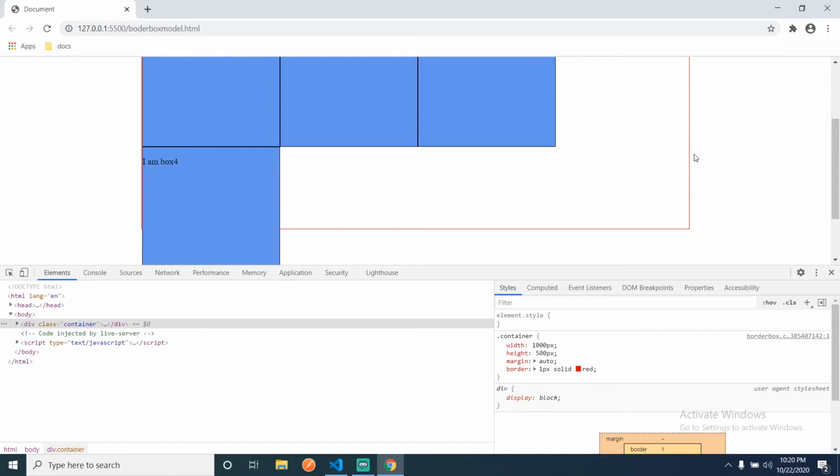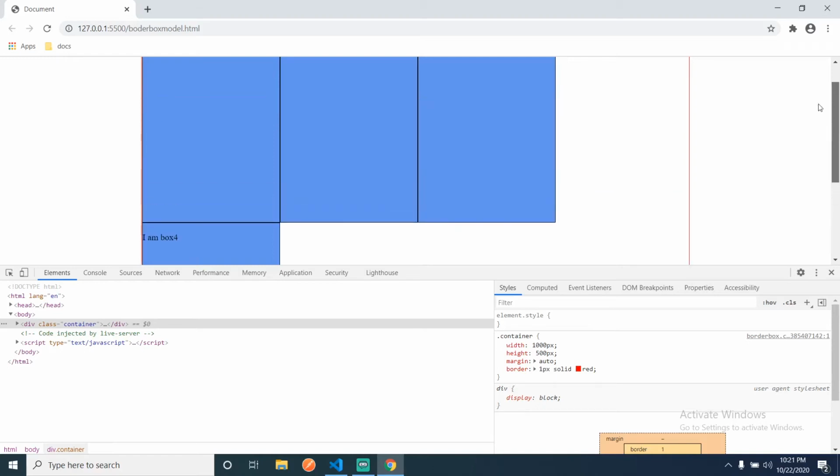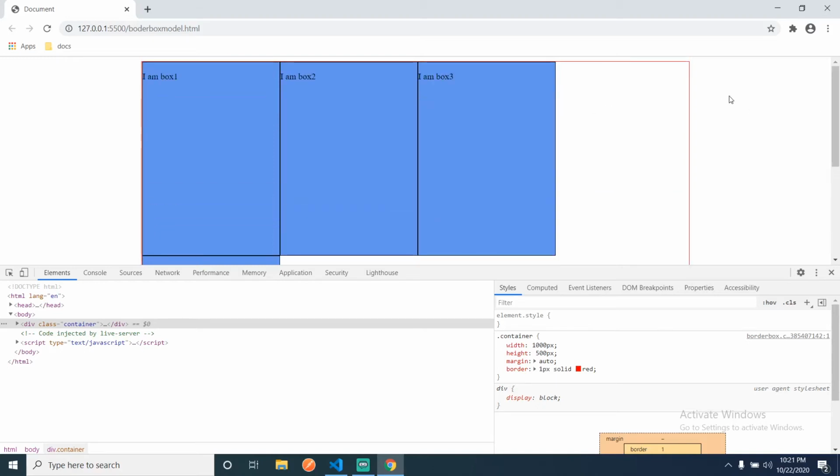Now we have added a 1 pixel border to each box's left and right, so it will be 8 pixels extra. Since here we have only 1000 pixels, but if we calculate this, it becomes 1008 pixels, and the actual size of that container is 1000 only. So it is 8 pixels more than the actual size.